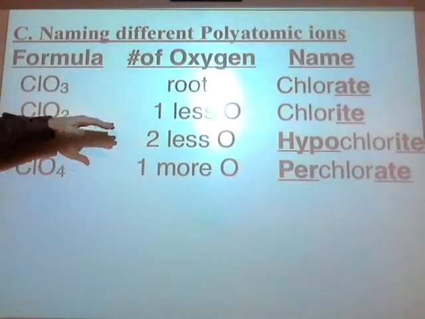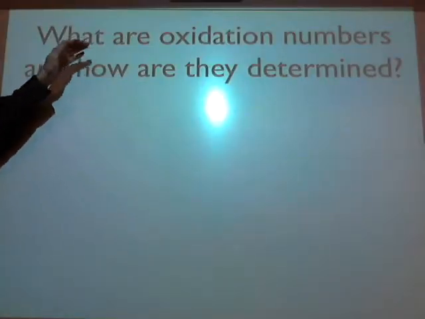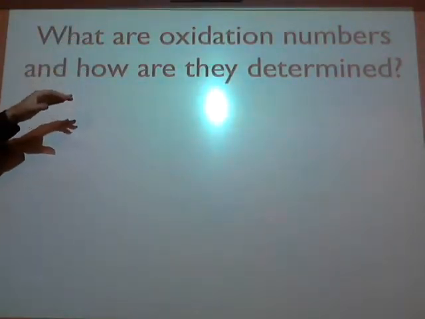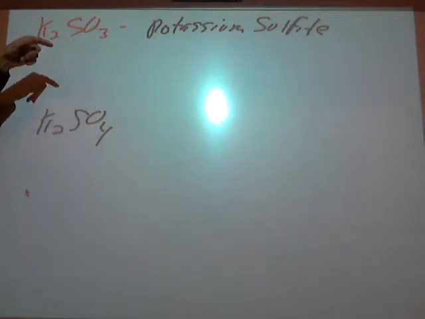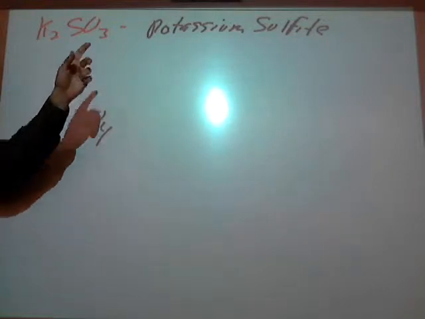I said less than the root word. Less than the one that's on the sheet. And the one that's on the sheet isn't the same every time. What one's on the sheet for this guy? 4. This guy's got 1 less than the root word on the sheet, which is why this is potassium sulfite. Even though